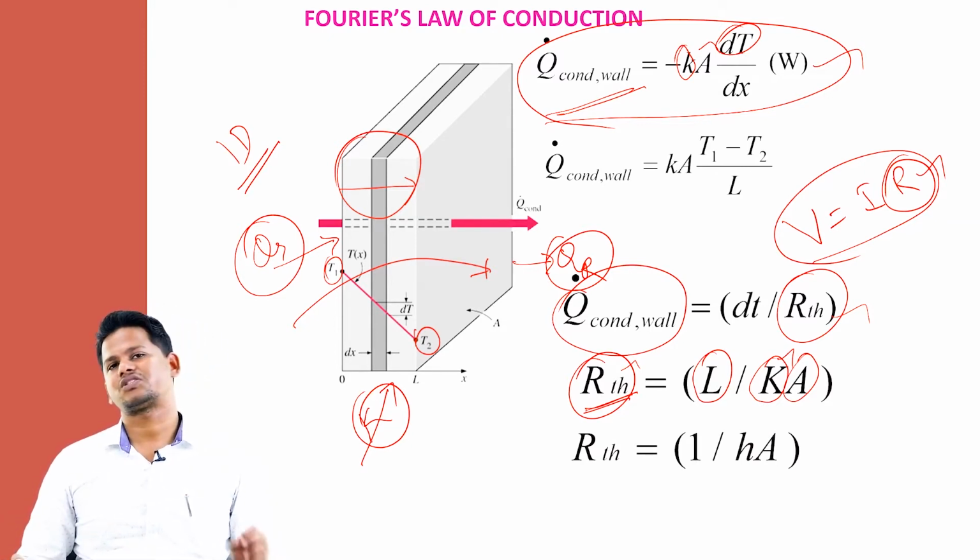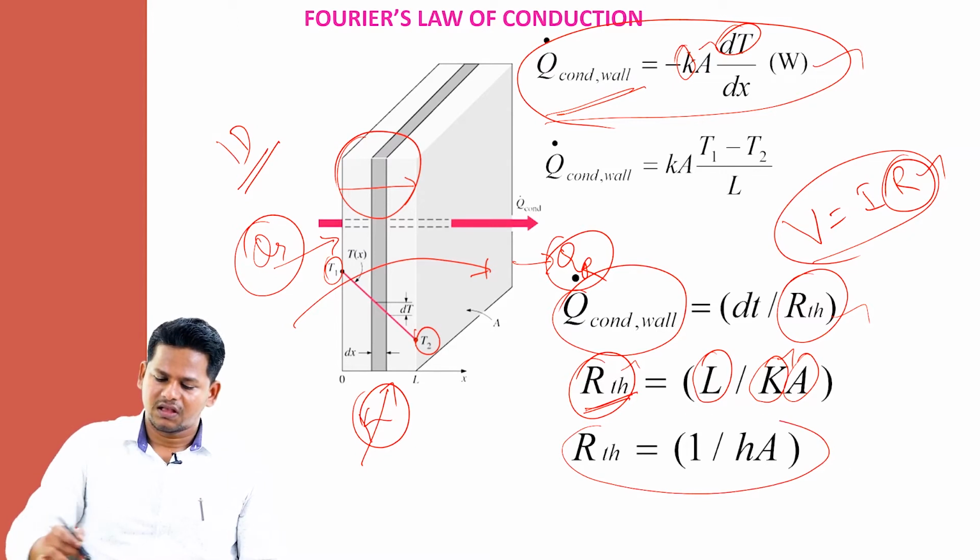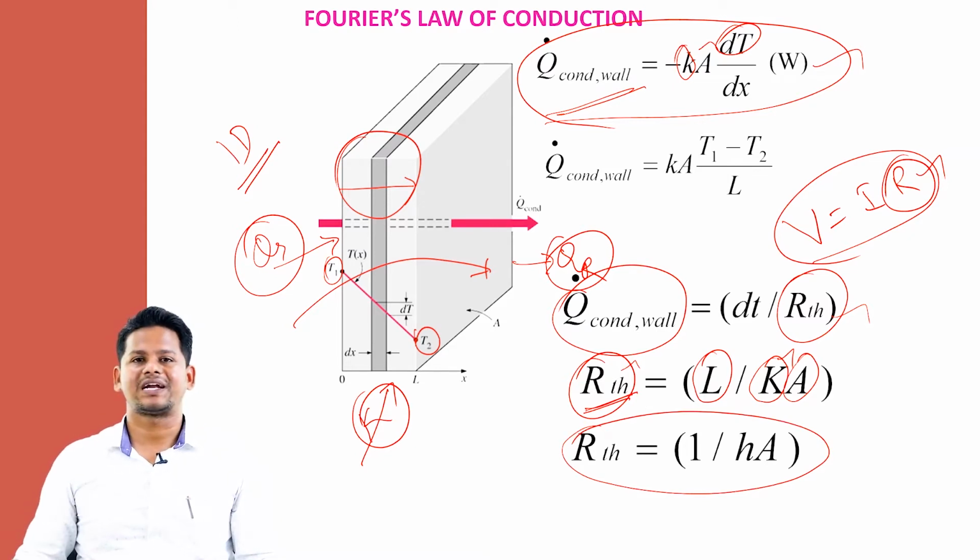For example, let us assume you have convection heat transfer in your application. In some cases we want to find this thermal resistance for convection. Again, it's very simple. We can go with the thermal resistance formula, which is available in your data book. No need to memorize this formula. Everything is available in your data book.